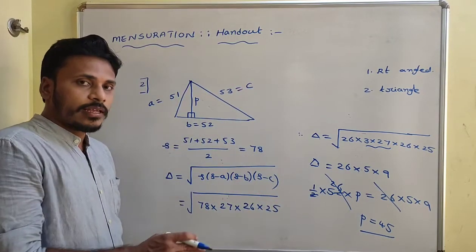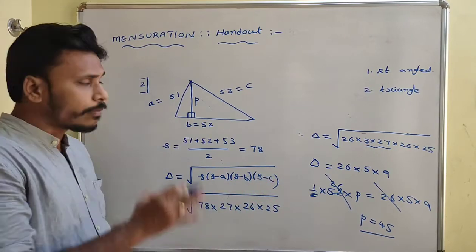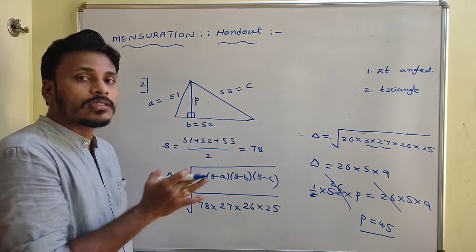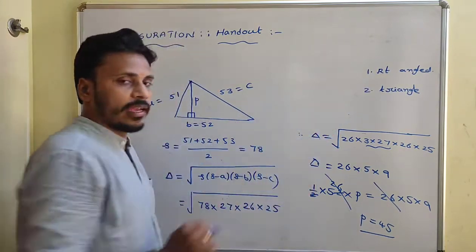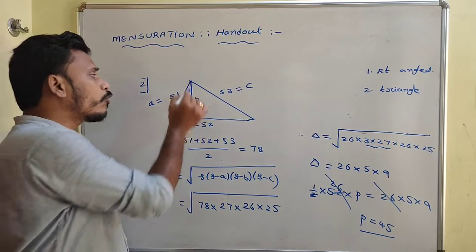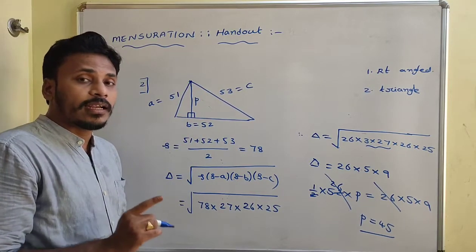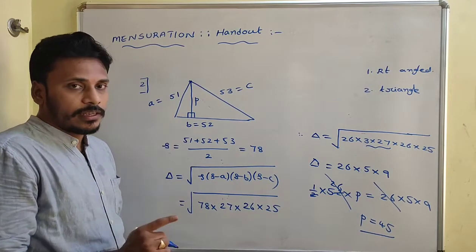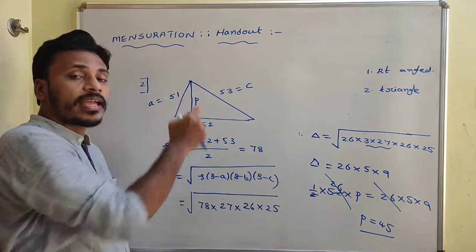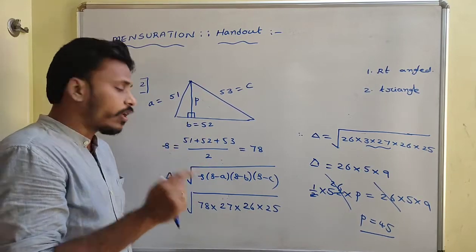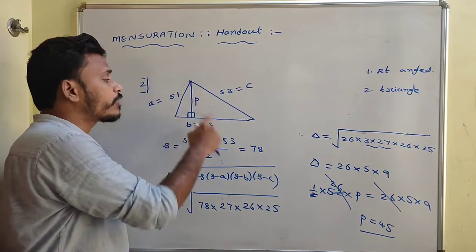Once again, look at the calculation part separately, and pay attention to the conceptual part. What is the concept? The second problem is related to a triangle, and we need to find the perpendicular length. But to find the perpendicular height, initially we need the area. In particular, we calculated the area of this triangle in two different ways. One way is using Heron's formula, the other way is using half base into height.